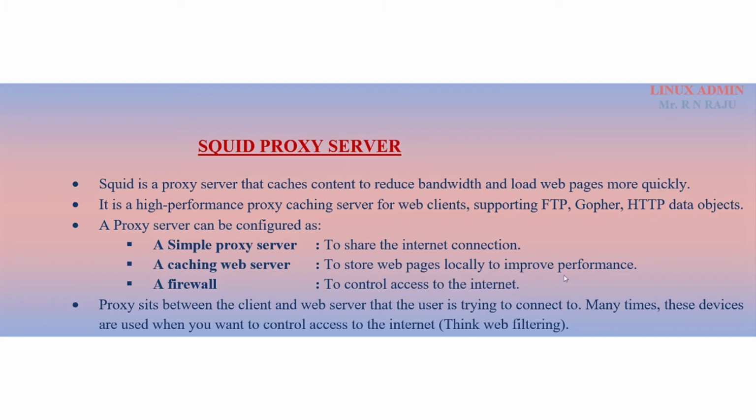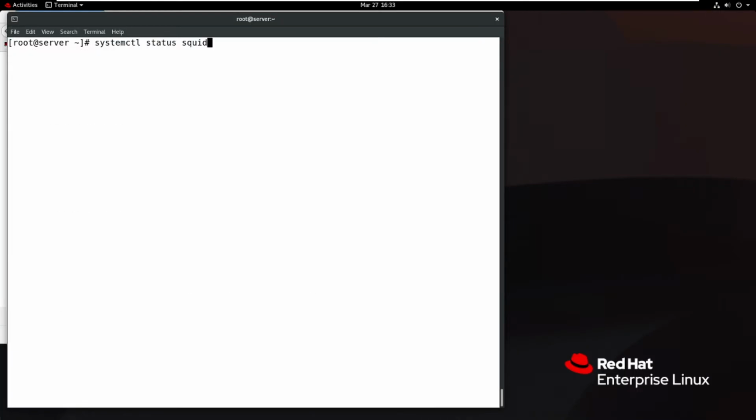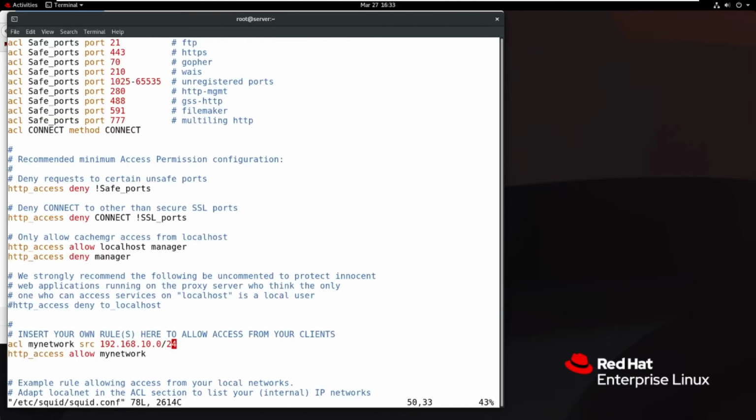And where to create a caching web server? It means you need to enable some settings of your proxy. So where to apply them? In your caching web server. Now